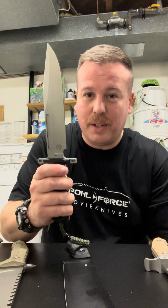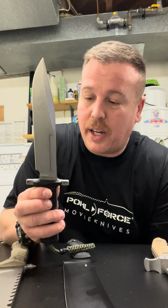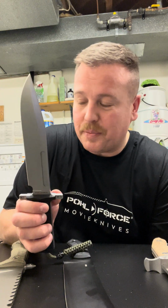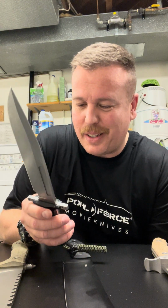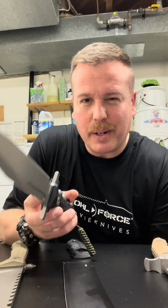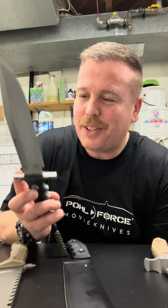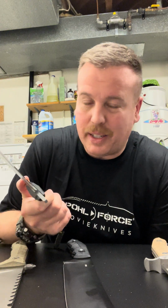Same with the Quebec 2, the new Pohl Force Quebec 2. I'm going to be taking this to the First Blood Junkyard, and we're going to be using that as well. It's not going to be a woodsman kind of review, all right? We're not going to be slicing some chickens from the grocery store kind of thing. And I won't have the same sound effects as Woodsman's review video, which is really funny and a great time to watch. But we will be doing some batoning and some wood cutting and splitting with this knife,